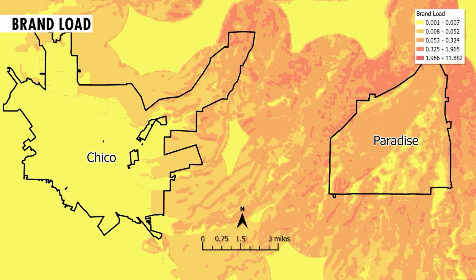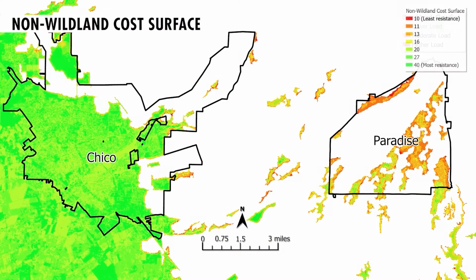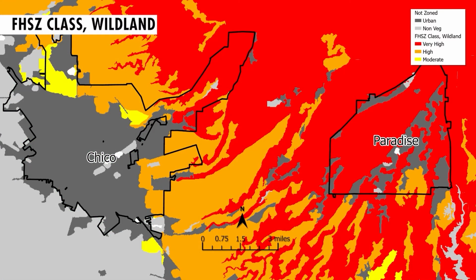We then add up all the embers coming into the non-wildland to get an estimate of the relative number or brand load landing in a given location. We build fire hazard severity zones in non-wildland areas by generating buffers off any adjacent wildland. The initial zone classification is the same as the adjacent wildland, with buffers of lower fire hazard severity zone classes modeled at further distances from the wildland boundary.